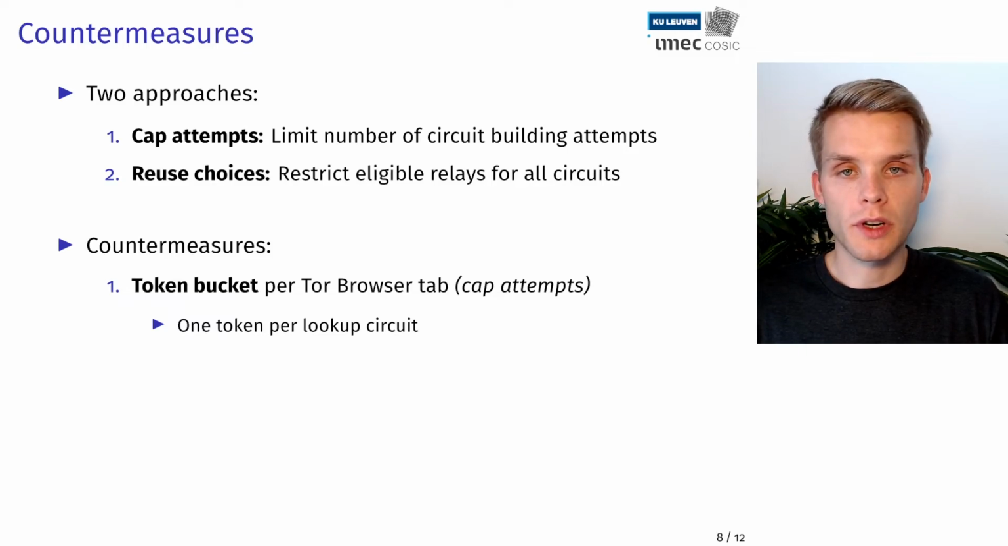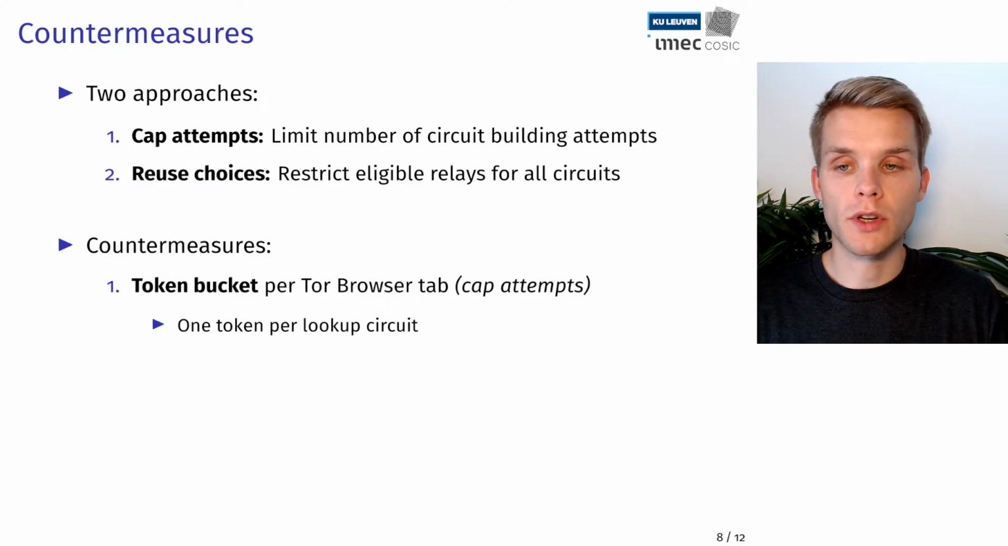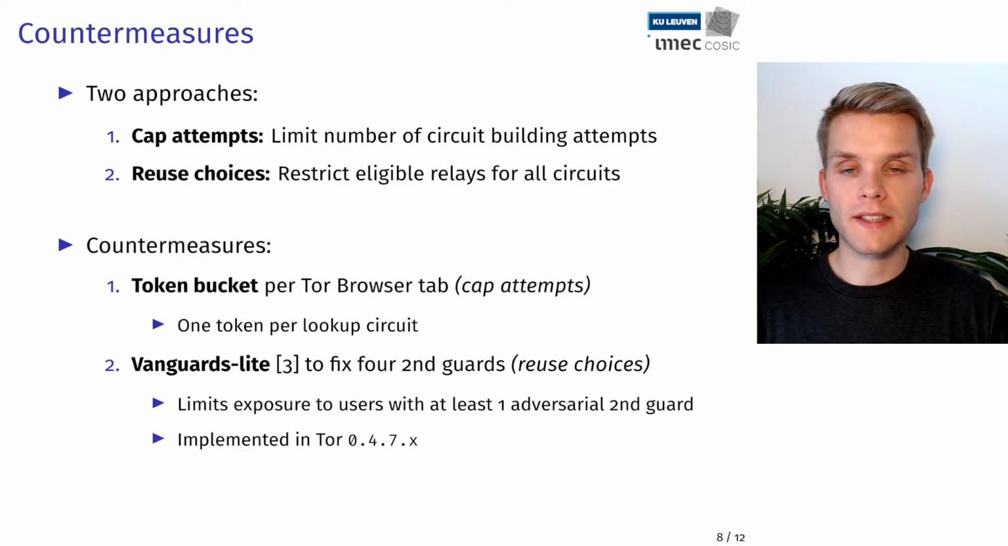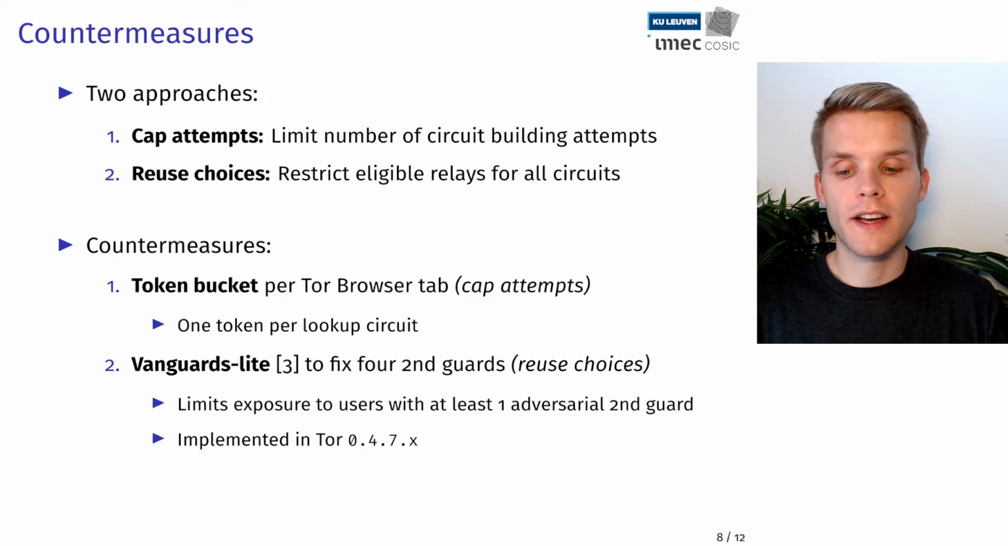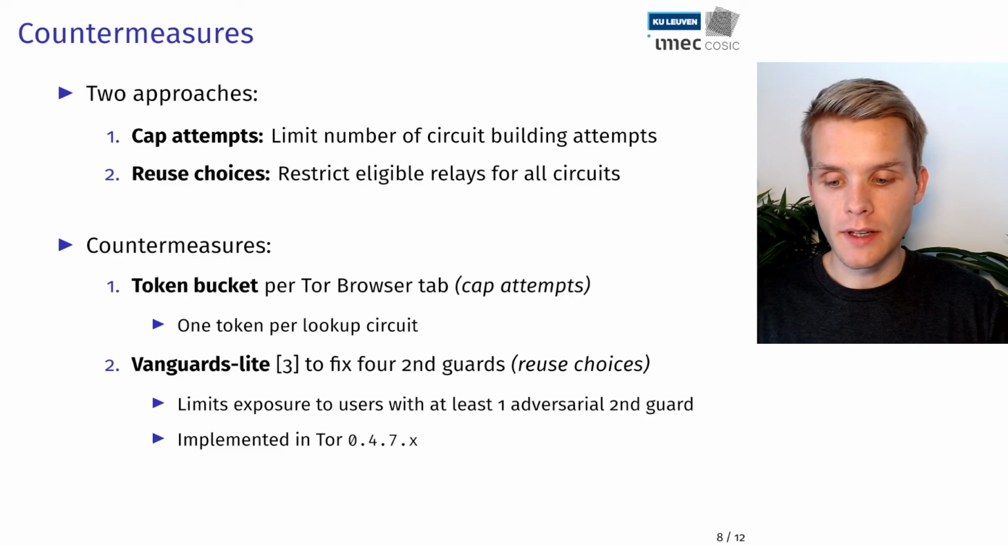The first one is that we propose to include a token bucket at the Tor Browser tab level that will result in the Tor Browser tab always having to take a token when trying to build such a lookup circuit. And when the token bucket is empty, no more attempts can be done. And the second approach is actually a proposal by the Tor developers called Vanguards-lite. Vanguards-lite applies the concept of guards to the second hop position on onion circuits. So it restricts the set of eligible relays for this position from potentially all Tor relays to a set of 4 chosen by the user for a particular amount of time. And this naturally limits the exposure of Tor users to the ones that have at least one adversarial second hop guard. And Vanguards-lite was implemented and deployed in the Tor